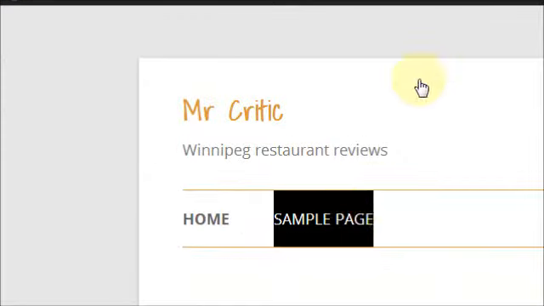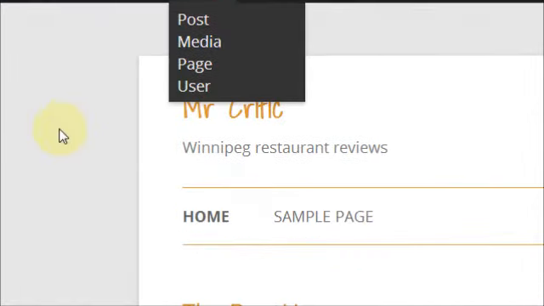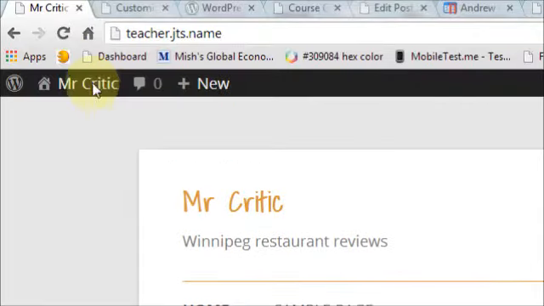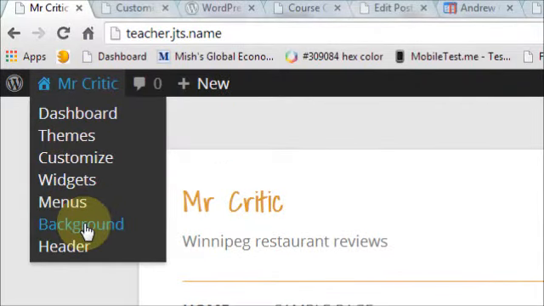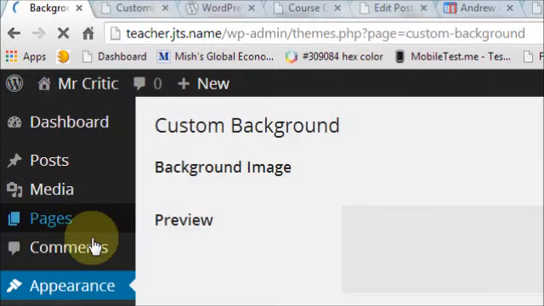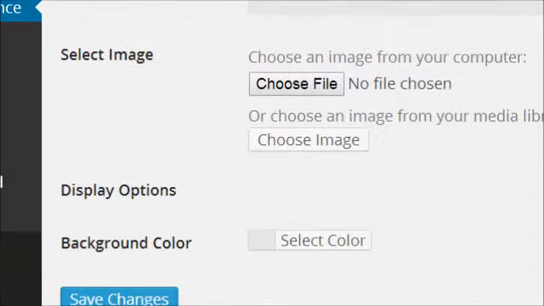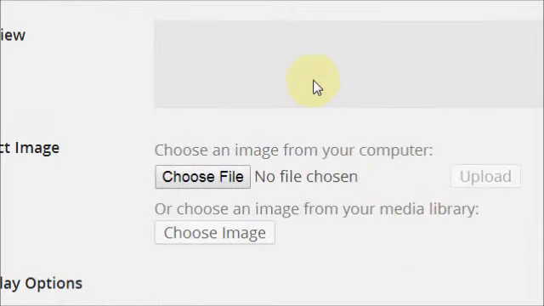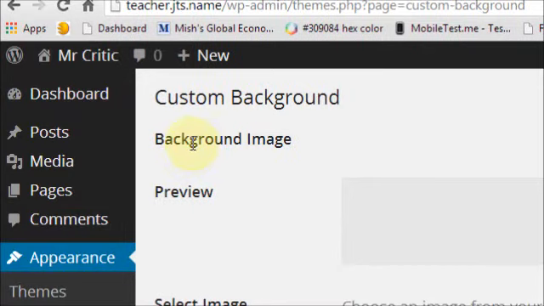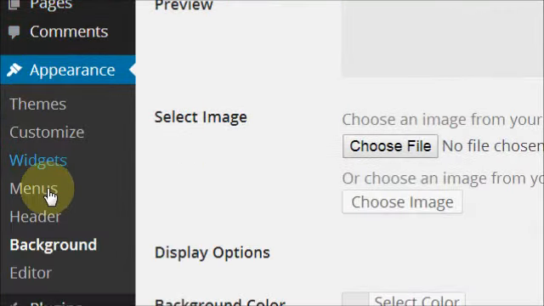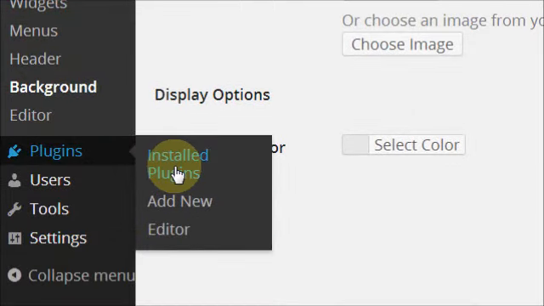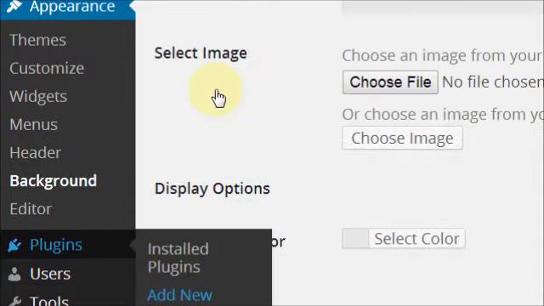In this video, we're going to take a look at improving our background here. There is a background option inside of the 2012 WordPress theme, but we can improve on the options we have here, even making it into a background slider by using a plugin. So I'm going to find a plugin that's going to help me extend the functionality of my background, and let's go to add new